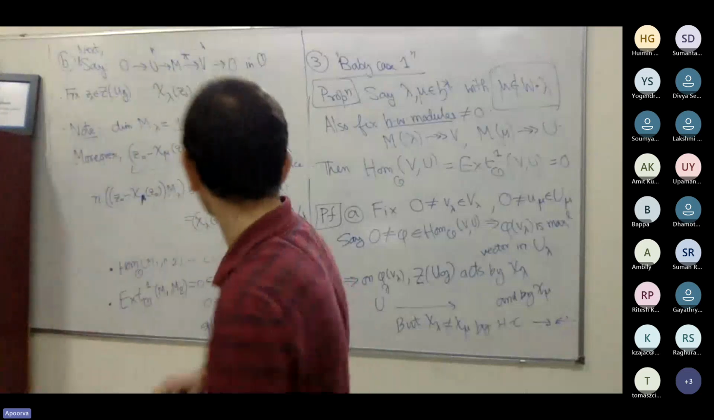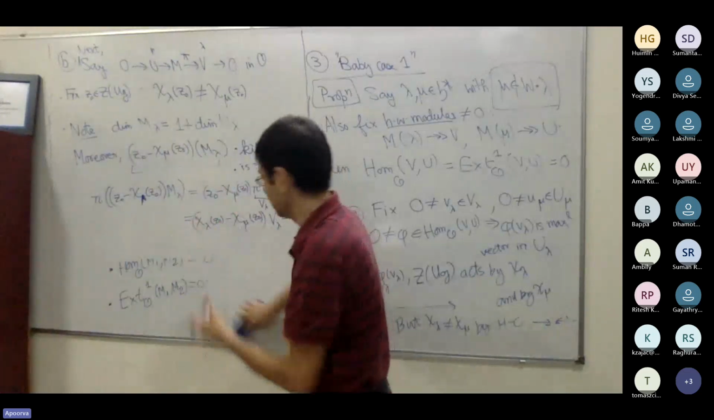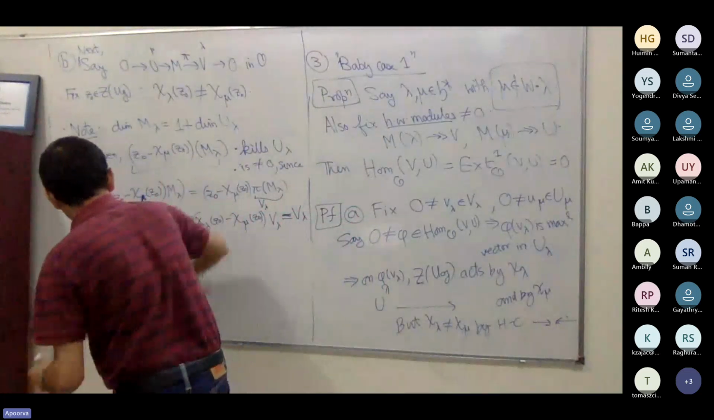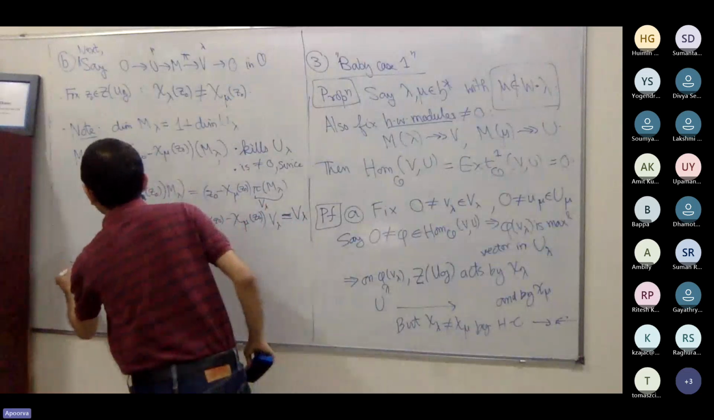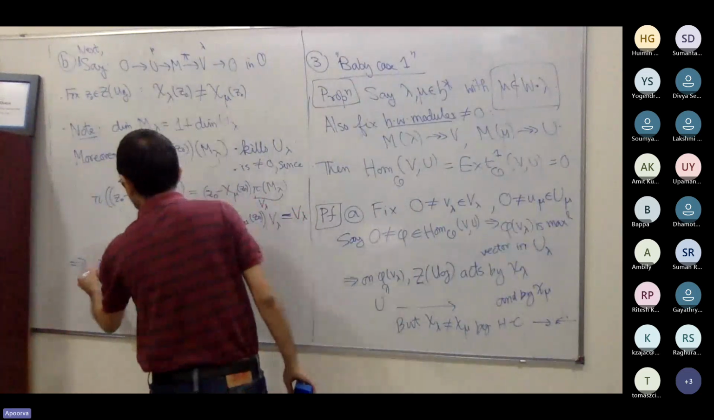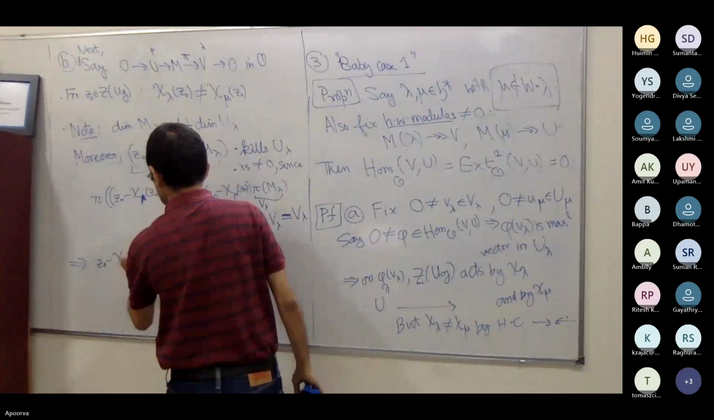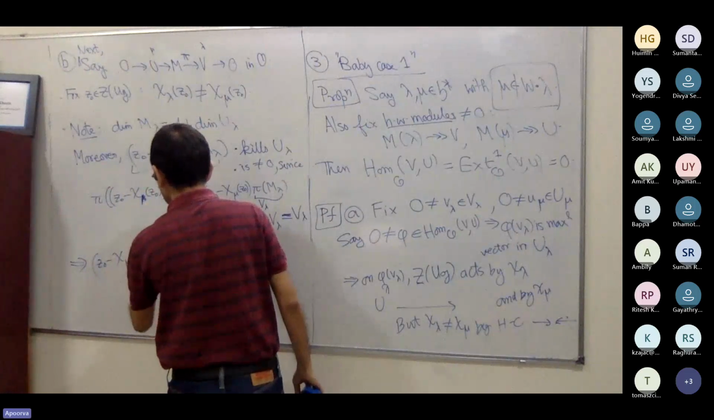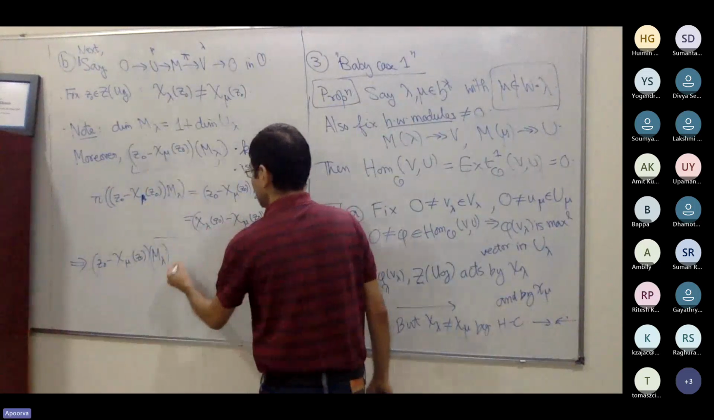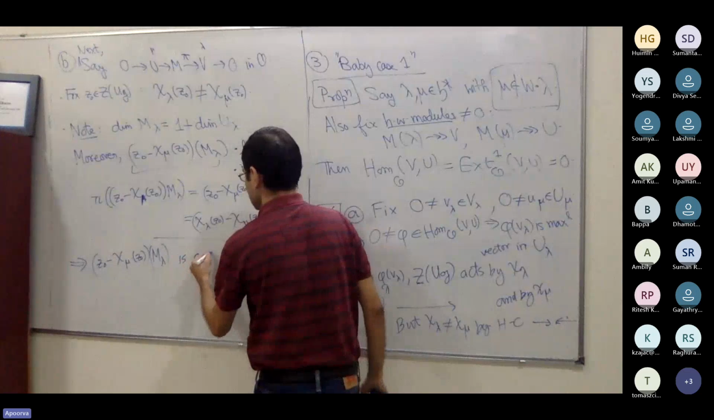This is called the rank-nullity theorem. We have studied it in your algebra. Rank means it's the dimension of the image, right? So therefore, from this we conclude that Z naught minus chi mu of Z naught applied to M lambda is one-dimensional,